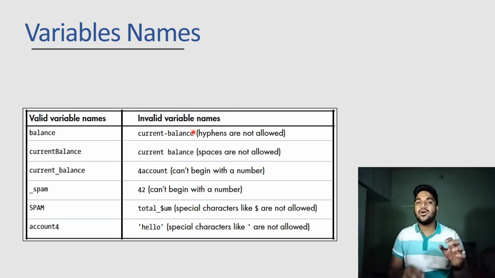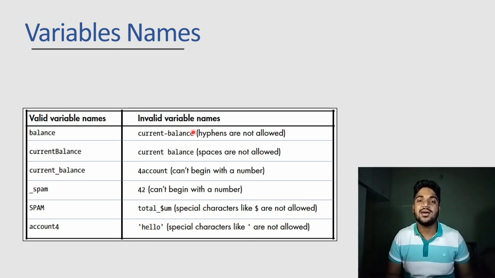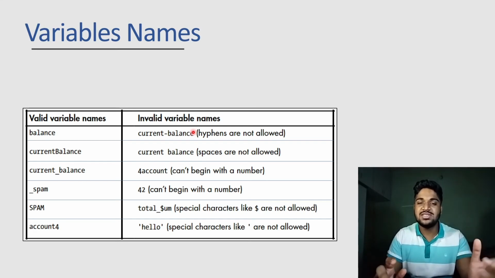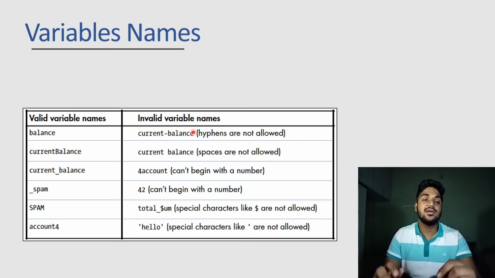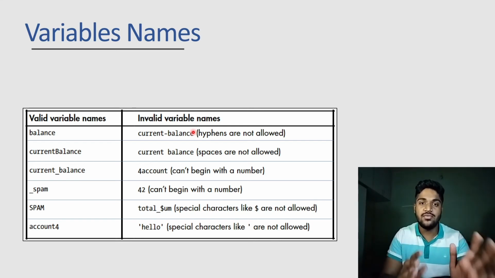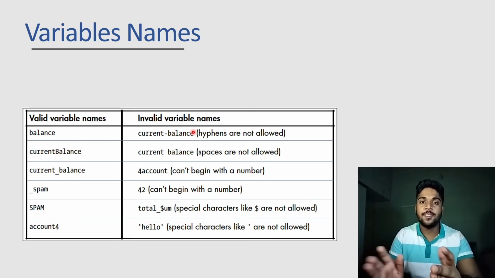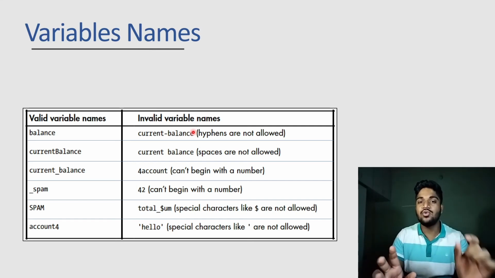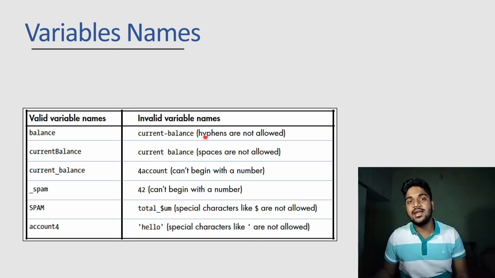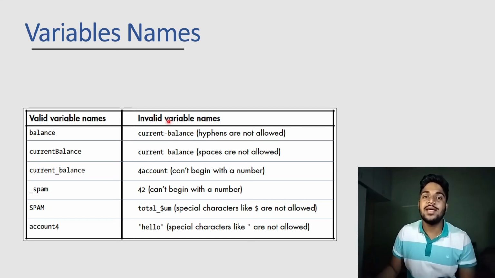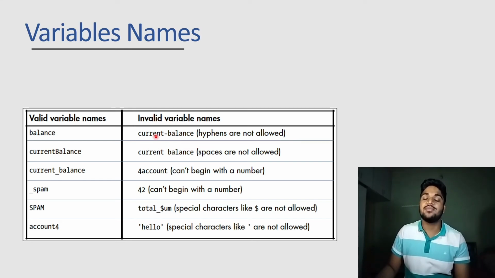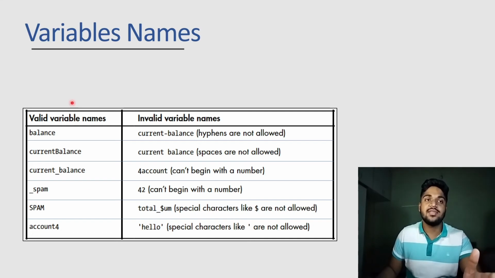We often use names like 1 or A, B, C, and that is useful when we want just temporary numbers or something. But if we want to keep it for a long time, or if we are saving it inside a program or inside a file, we can use variable names specific to that task. And there are some rules regarding variable names. On the right side you can see all the invalid variable names, and I have provided the reason why each is invalid. And on the left side we have all the variable names that are valid.